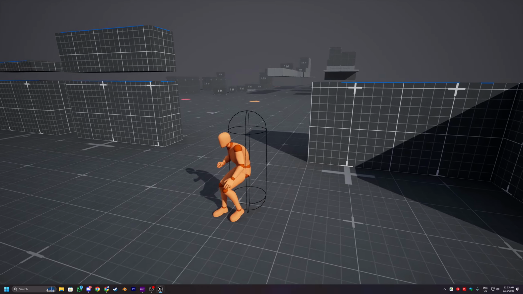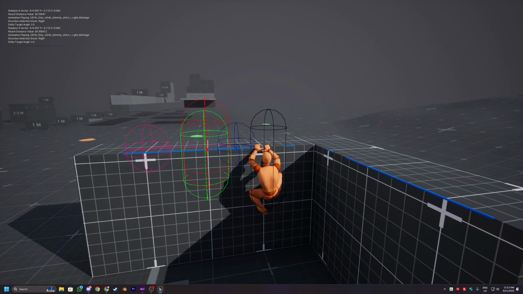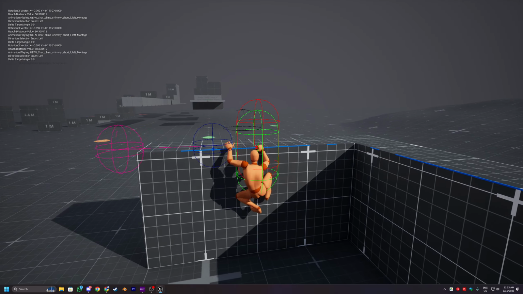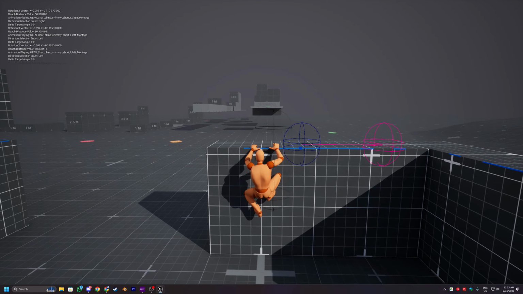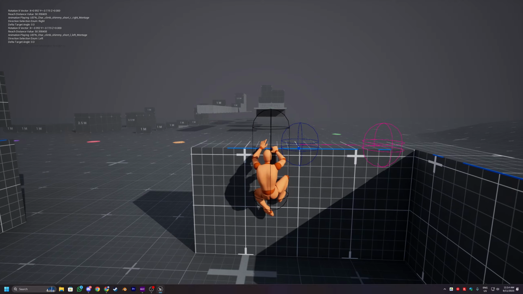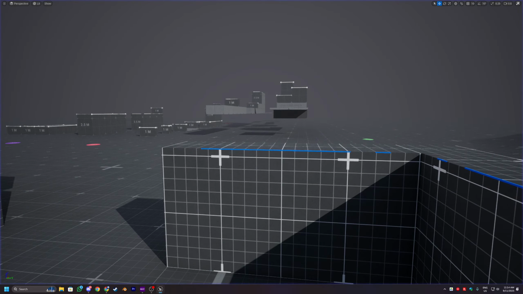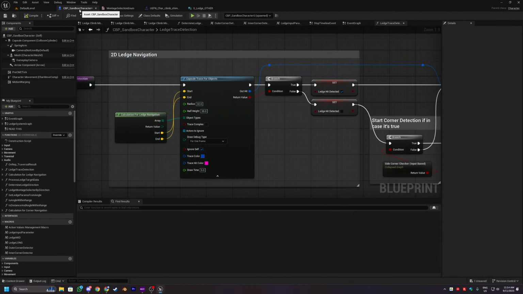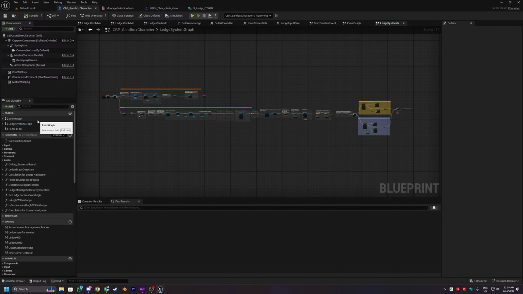So I think the movement is very slow, as you can see. If I keep pressing it, it takes a while. After the character attaches, it takes a while for the character to keep moving. What I can try to do is make a system where as soon as the timeline is finished,